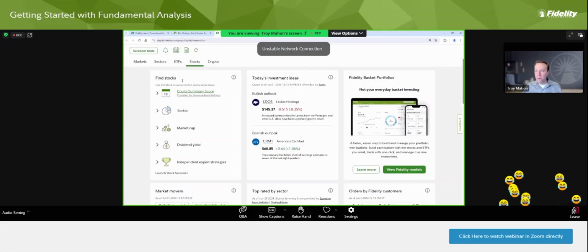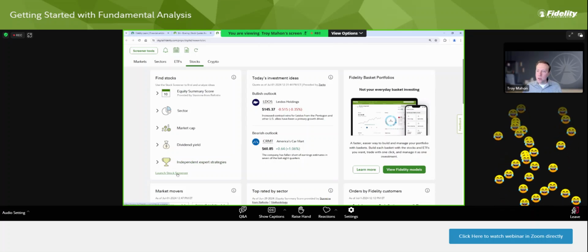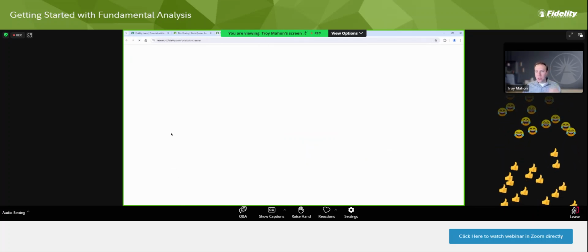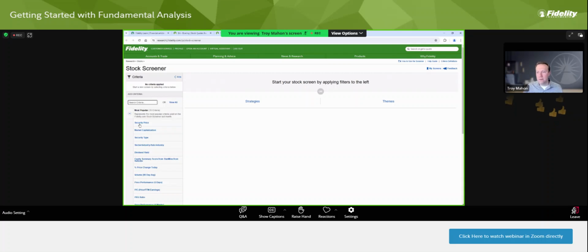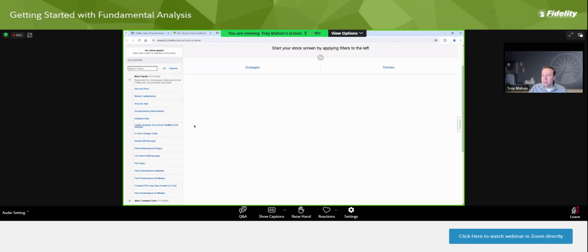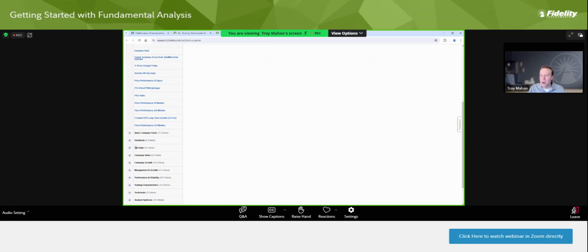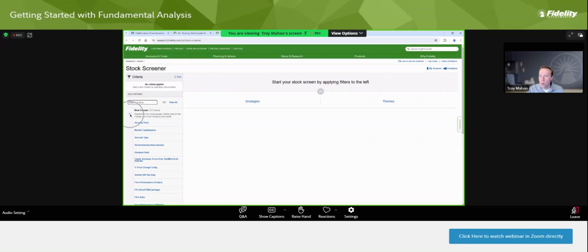For example, there's a really powerful tool called the Stock Screener tool. You can go to this and say, all right, we looked at the balance sheet, the income statement, the cash flow statement. Now, how do you want to use that information? You can think and apply it in different ways. Maybe I want to invest or only trade in companies that have, for example, positive earnings. Maybe I want to invest in companies that have a certain revenue growth. So I want to invest in companies that are growing, and I'm going to use maybe revenue growth as a top line growth metric. Now, you also have to think about the trade-off.